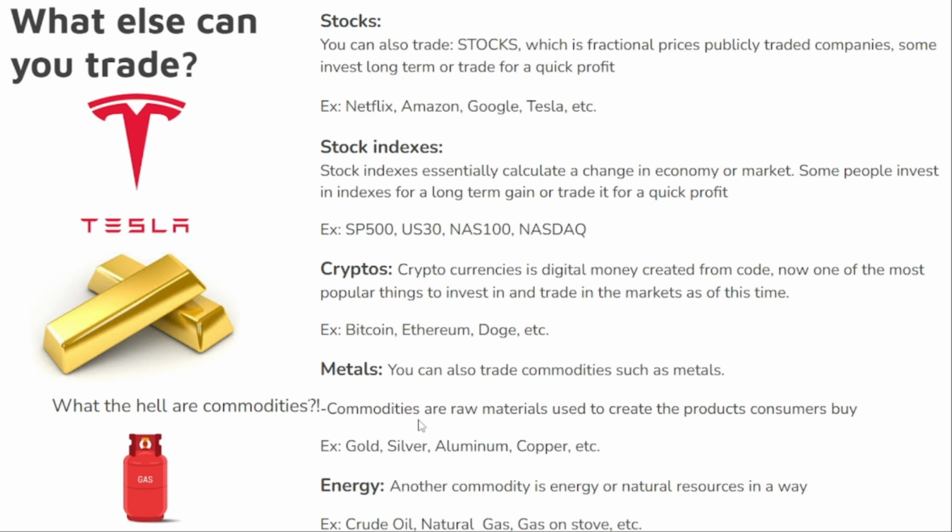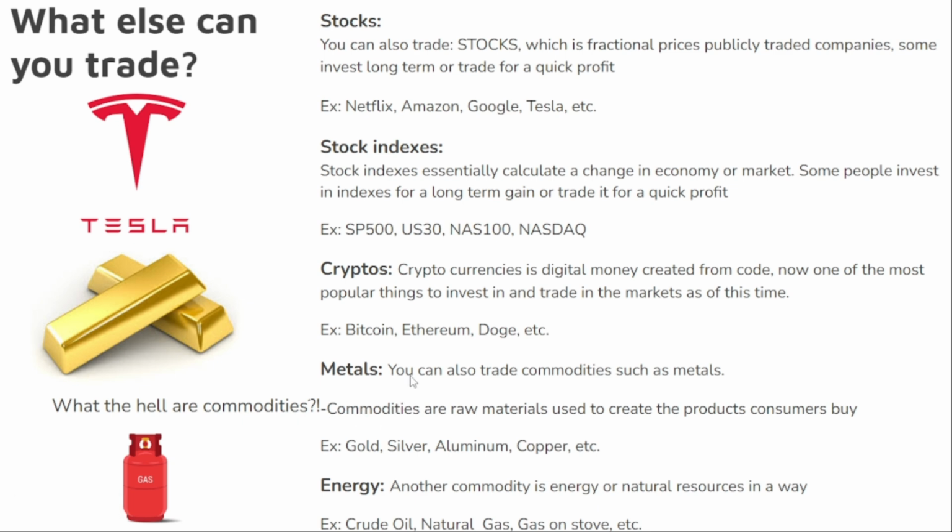When you think of energy, you want to think of something that obviously helps you with life, right? Energy, crude oil, natural gas, gas on the stove, things like that. So gas for your car, oil for your car, gas to cook, oil to cook. There's a whole bunch of different types of energies out there that one can use. But like I said, whatever is physical can also be found online. So obviously there's a crude oil market. There's more energy markets in the trading world.